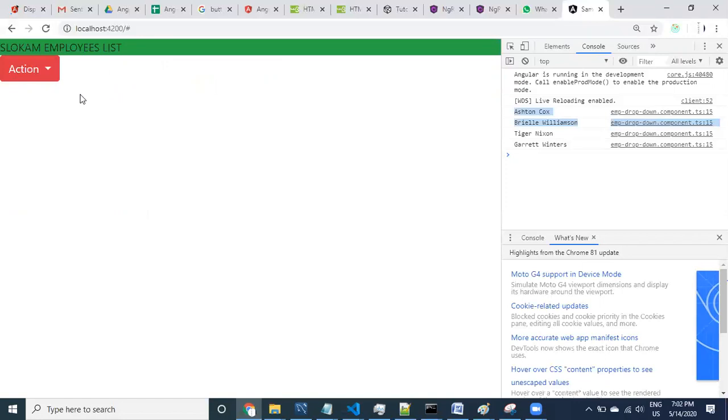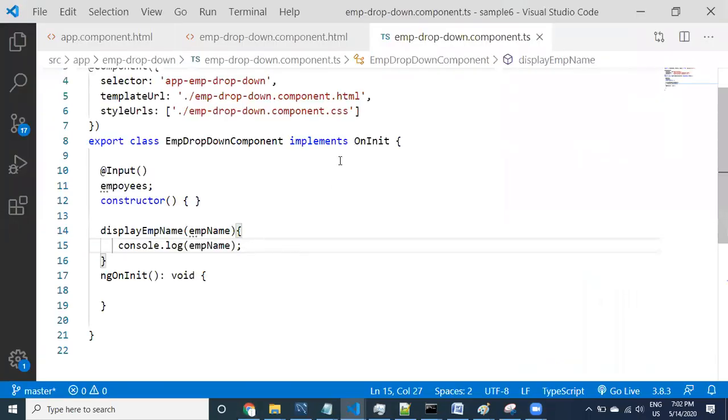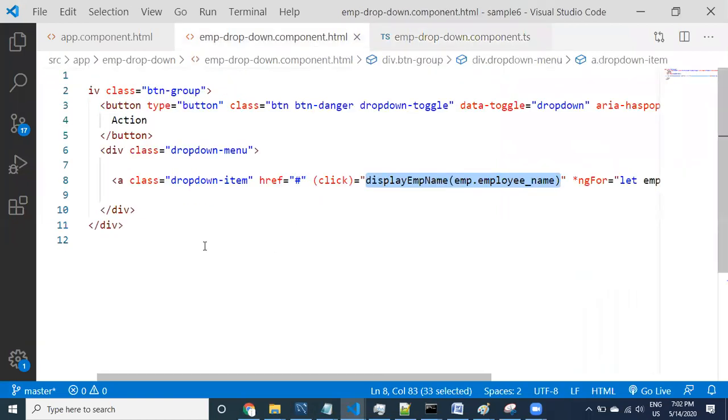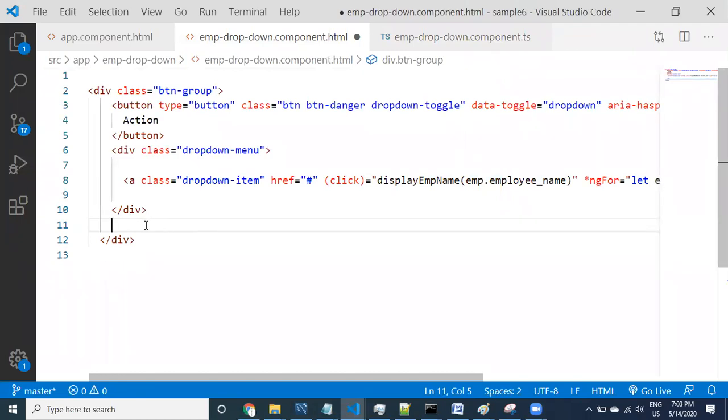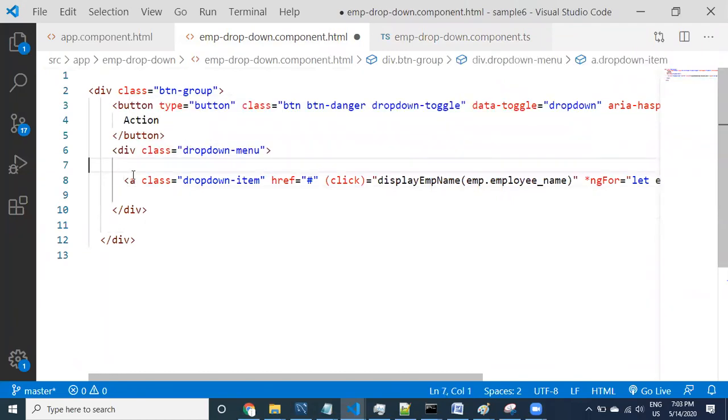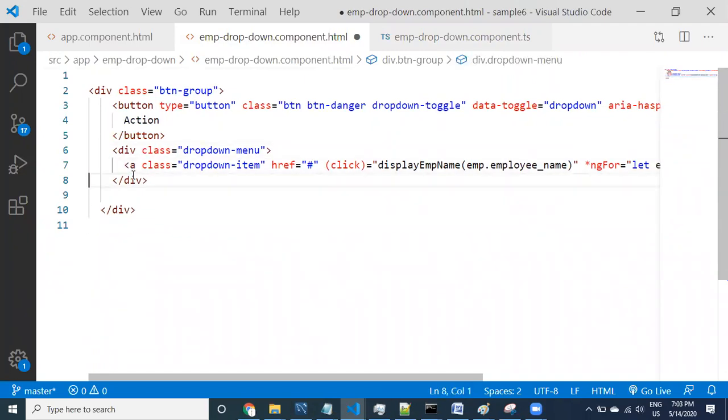Where do I want to display it? In the same component, the drop down component only. Let us go to the drop down component, the employee drop down. Immediately after this drop down, after finishing it, maybe provide selected employee.